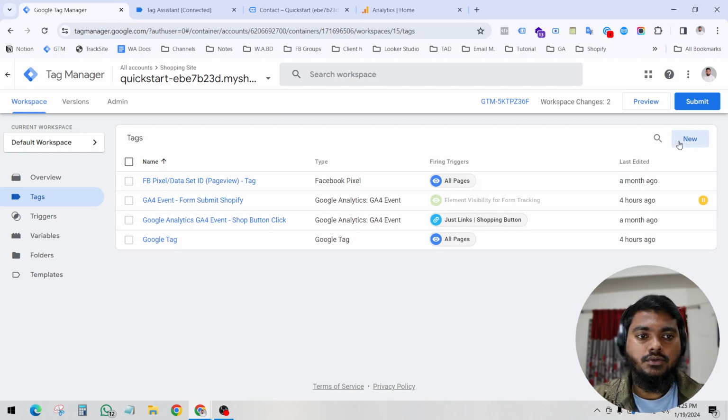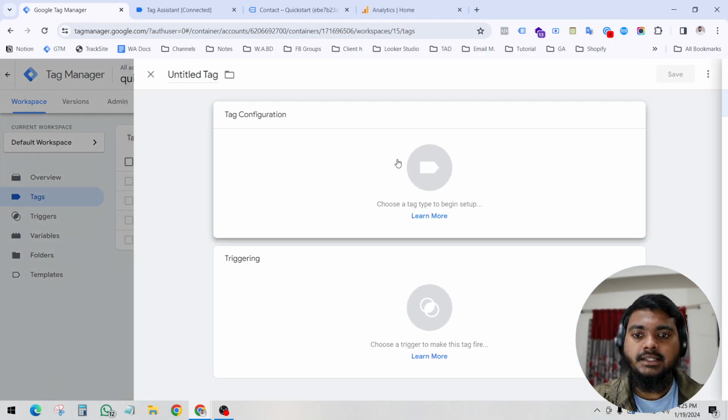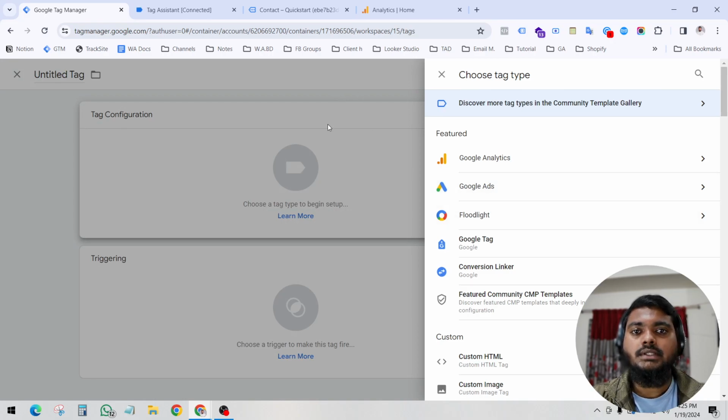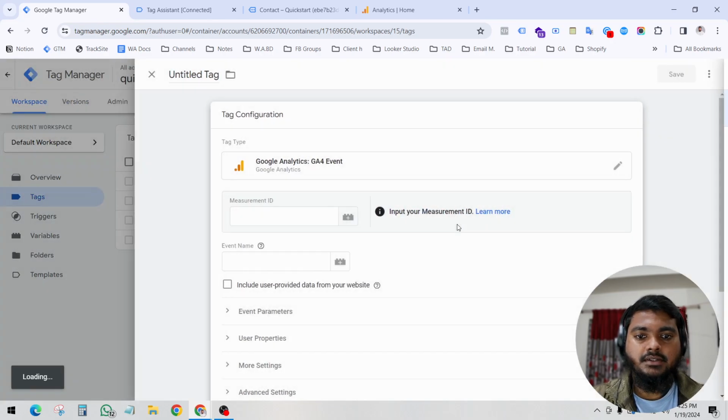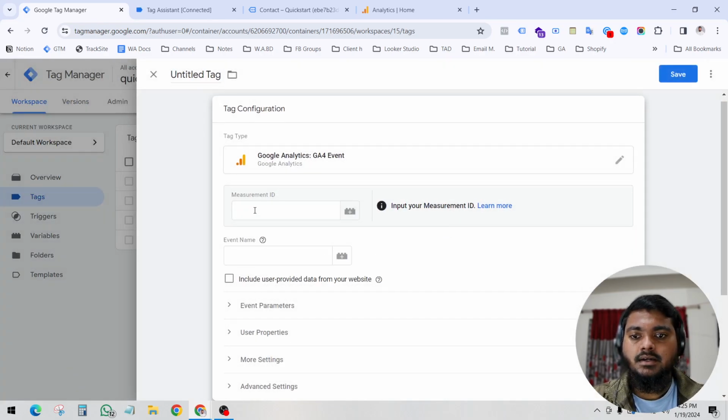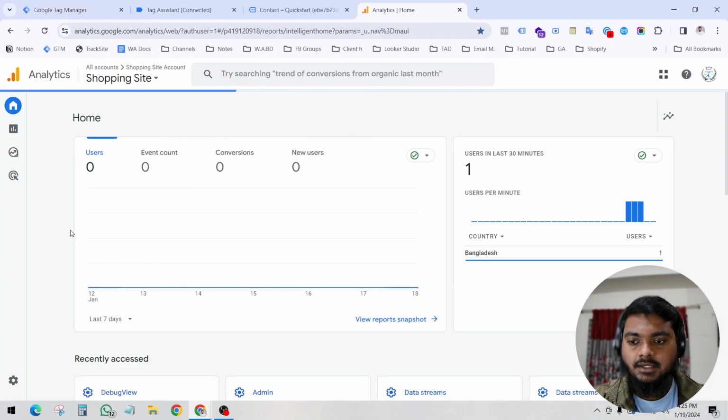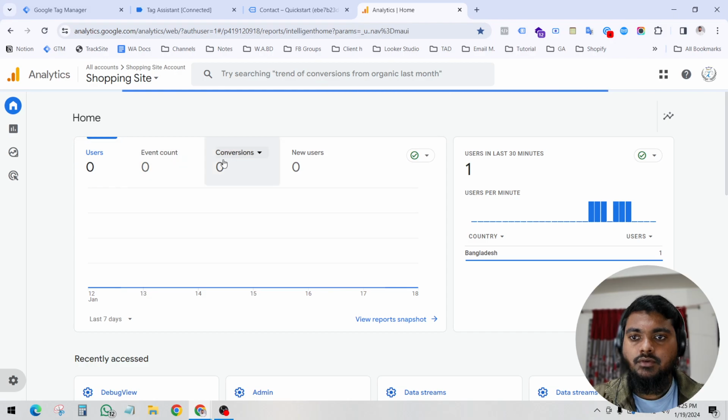So now let's go to new, click tag configuration. We want to send this data to Google Analytics. For that, click Google Analytics, then Google Analytics GA4 event. So here we have to provide a measurement ID. So what is measurement ID? If we go to admin of our Google Analytics account,